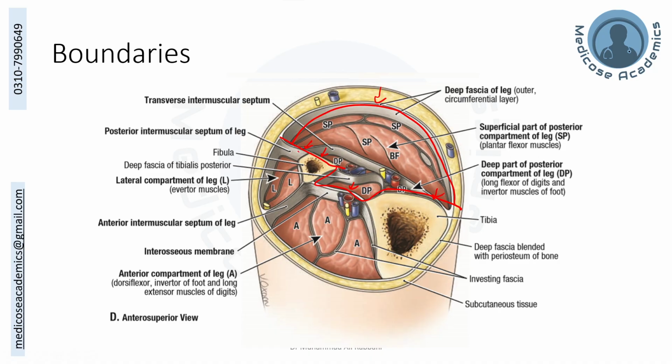And to divide it into two parts, there is this one. This is the transverse intermuscular septum, and this is the one that divides into the superficial compartment and the deep compartment. The deep compartment can further be divided by tibialis posterior, but let us not go there. So these are the compartments, and from this picture you can devise the